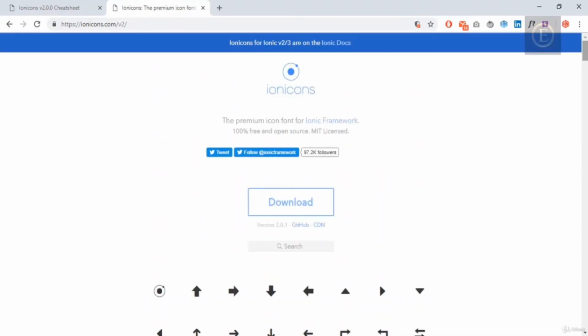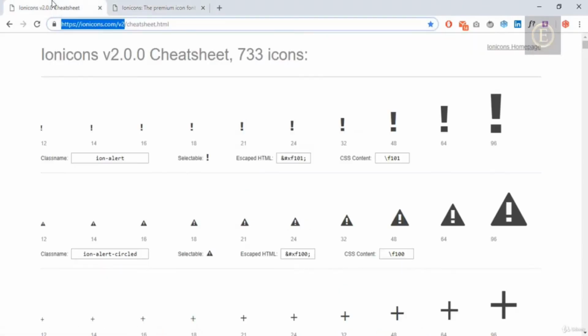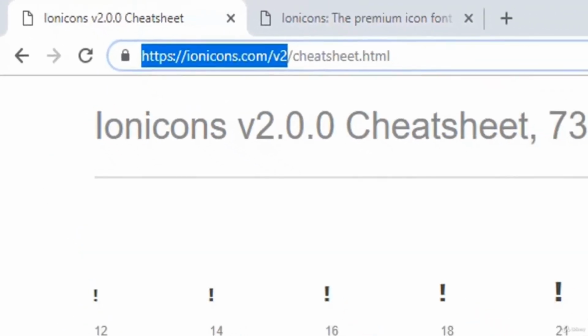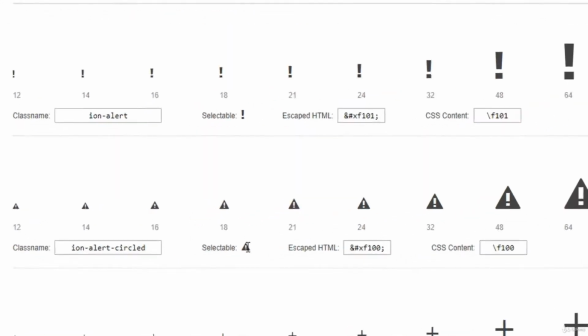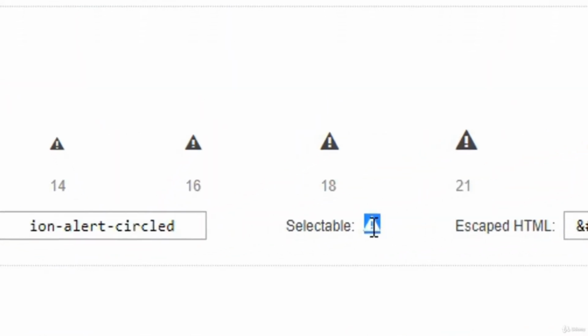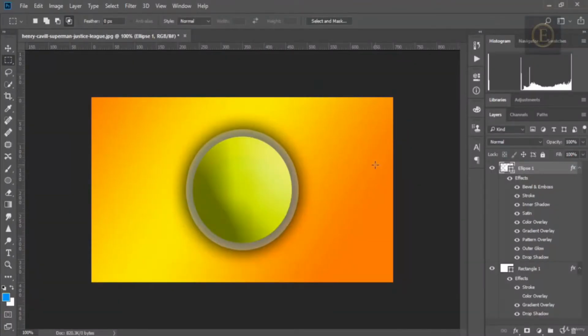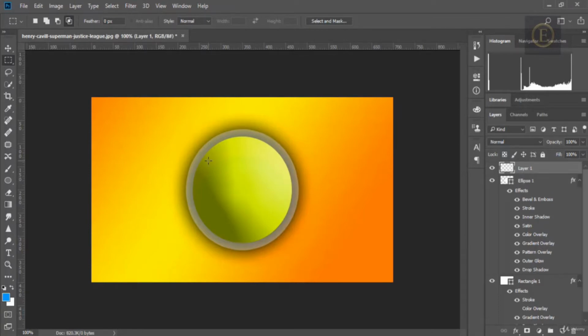You can simply download the library and you install the font just like you install Arial or Helvetica or Roboto. And using this link right here, you can copy the icon, selectable one. Just you select this one, copy it, and you go back to your design. For example, I will add this icon. I will add the text,